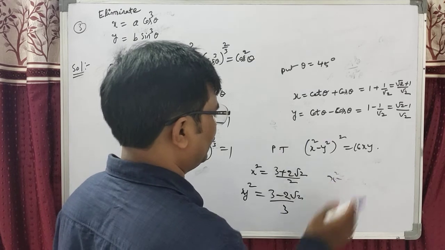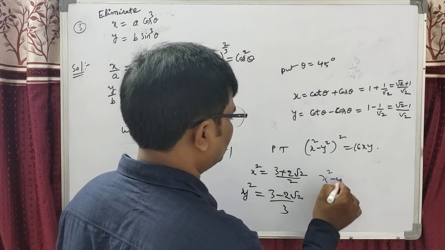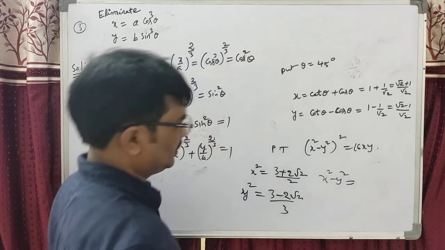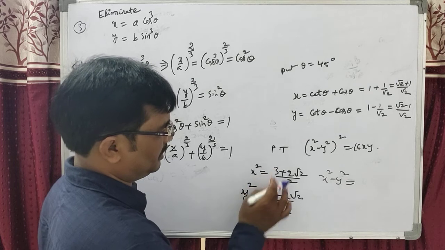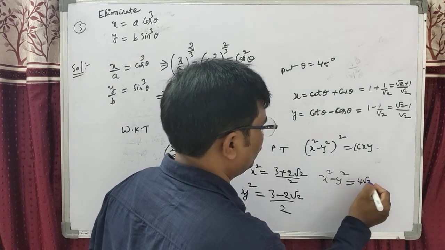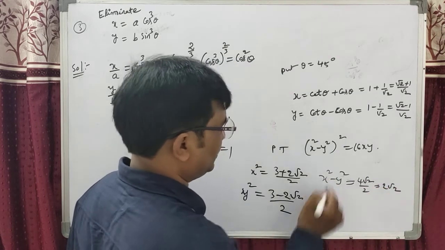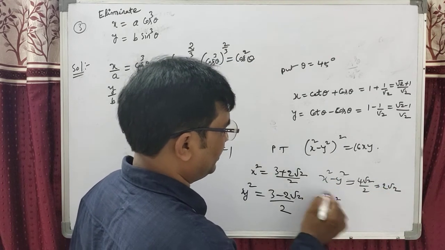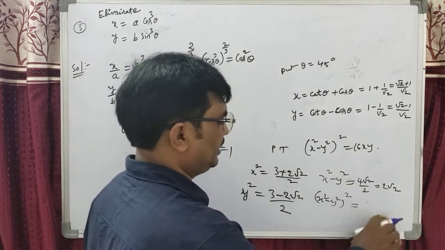X square minus y square will be what, students? The x square minus y square will be, we got, this is 3 cancel. 3 cancel. Dear students, minus of minus plus. 4 root 2 by 2, this is the 2 root 2. Dear students, x square minus y square whole square is the 8. What students, we got? 8 is the value.